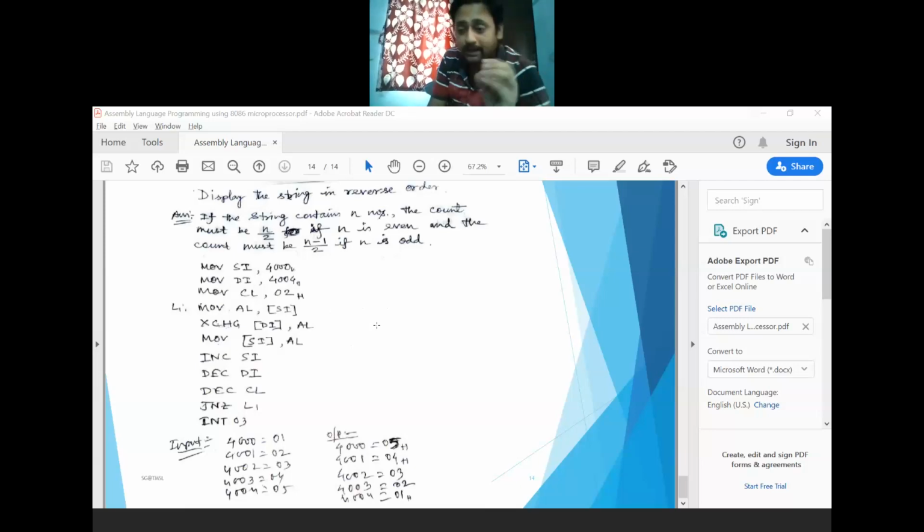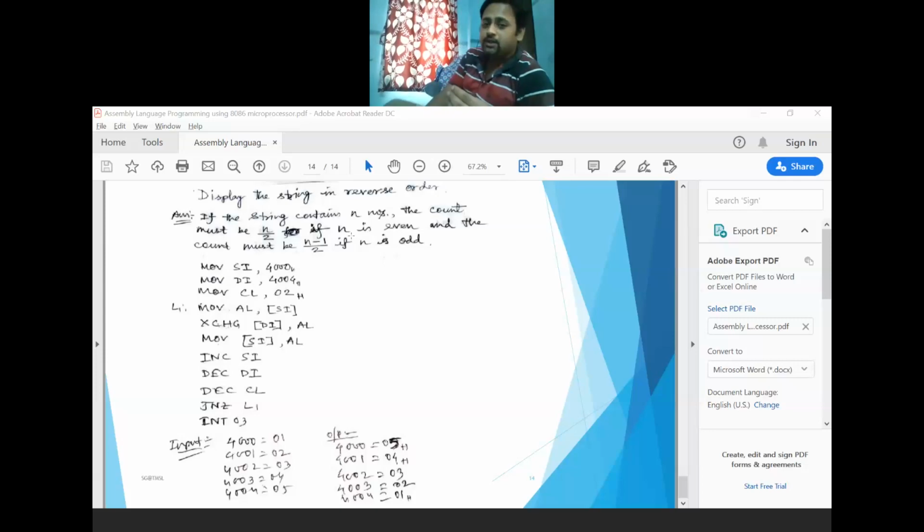To operate this logic, one count has been given initially. Always remember this: if your data string contains n numbers, the count must be n by 2 if n is even. Suppose you have 4 numbers, your count value must be 4 by 2, that is 2.